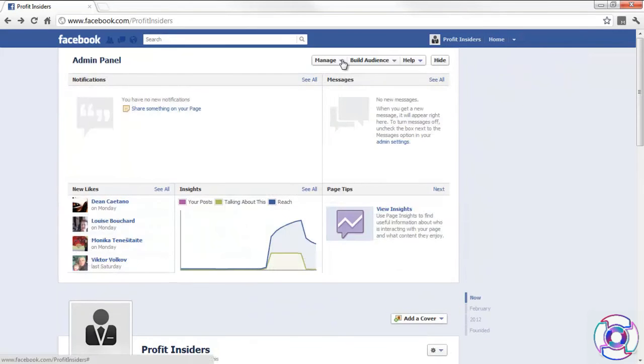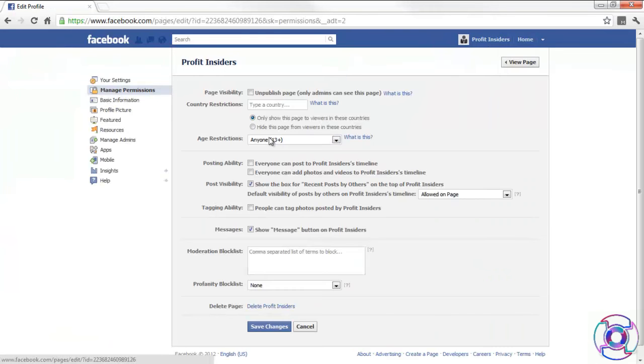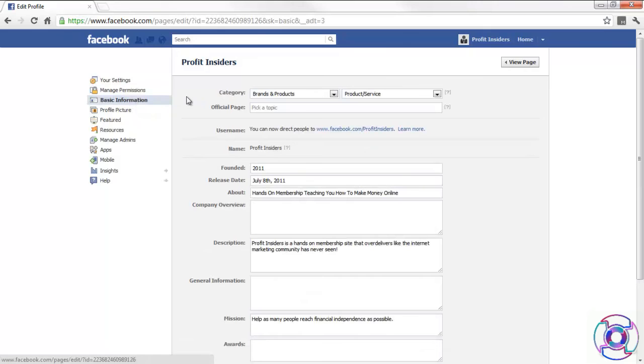You want to come over here to manage. Click on edit page. By default, it's going to land here on manage permissions where you can unpublish your page at any time if you want to work on it and not have people come to it. But then also you'll want to come down to basic information. Here you can change your category or brand at any time. But what you want to do is you want to come to username and you want to set up your